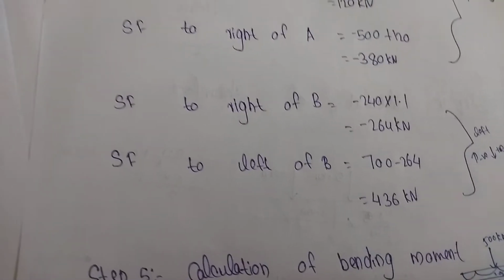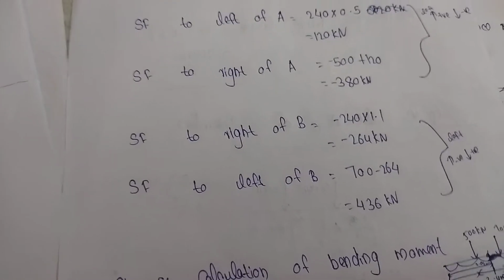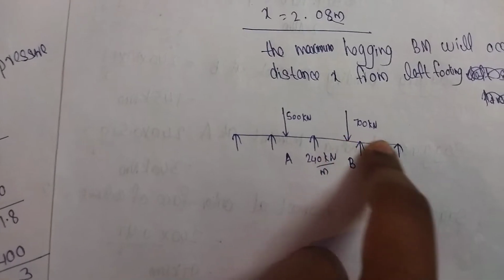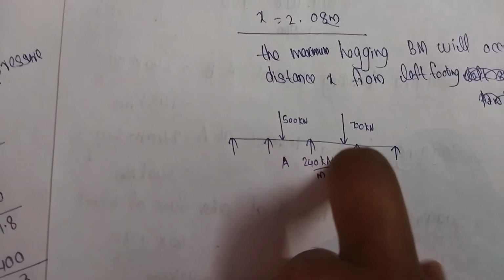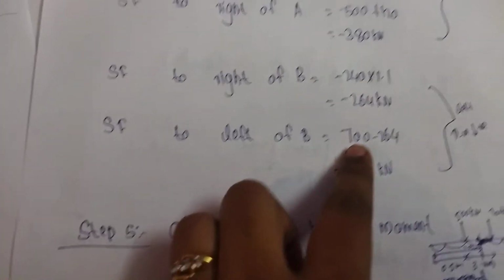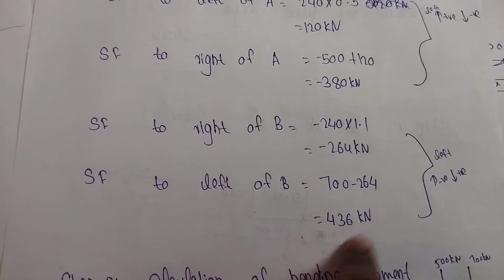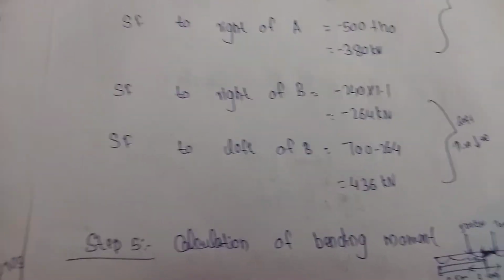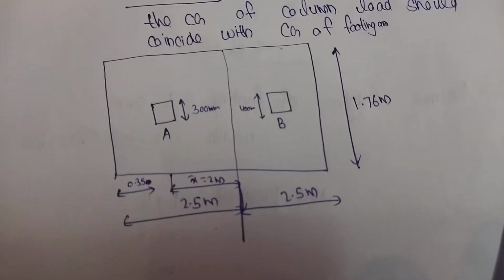Then shear force to left of B. Shear force to left of B means just include that UDL with this 700. Then the downward force on the right column is positive. So add this value with this 700 gives shear force to left of B. How do we get that